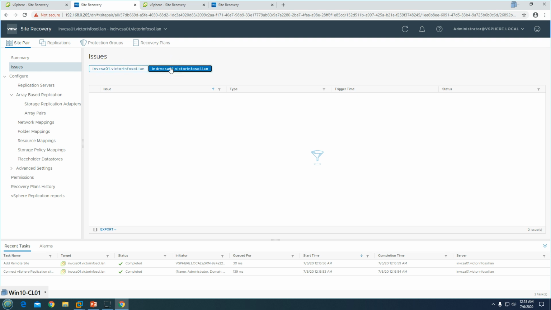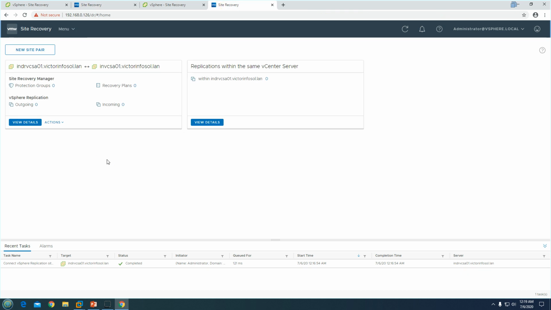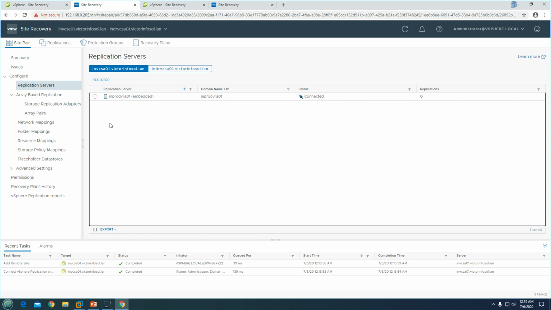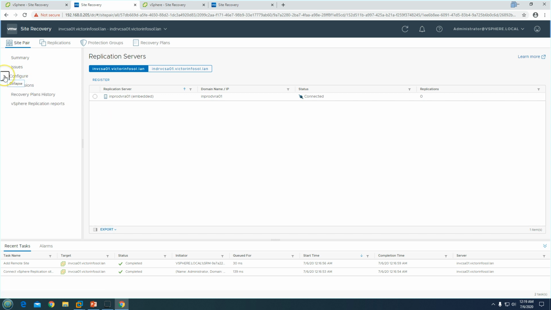If you have any issue here, you need to resolve those issues before you move further to do the post-deployment tasks for the SRM. So this is good, we don't have any issue. Also now if I go to the DR site, you can see we got the site pair also on the DR SRM. So this is good. Now if you go to Configure, you will see the configuration. The main part which we need to configure is under the configuration.